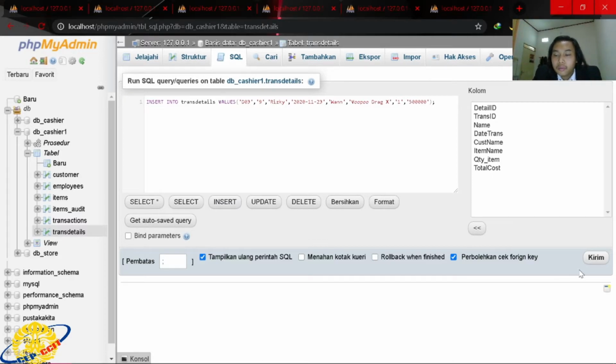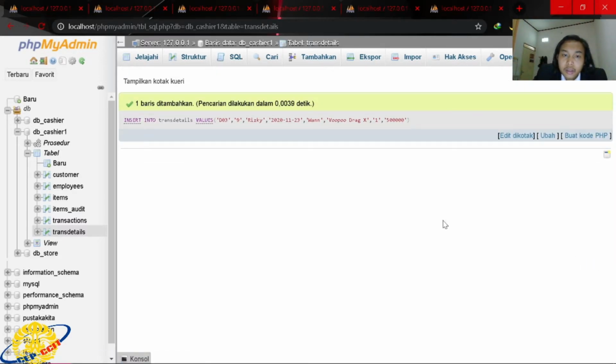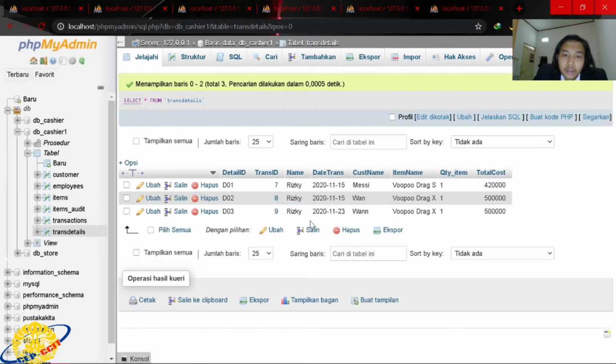Okay, we try, and it is successful. The detail ID is D03, trans ID is 9, name is Rizky, the transaction and the customer name, and this is the item name, quantity item, and the total cost.